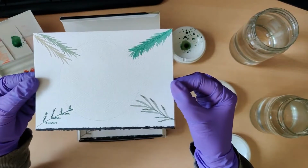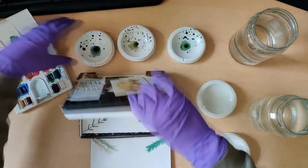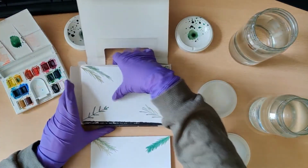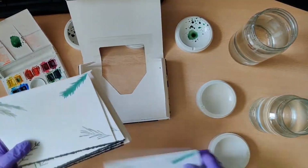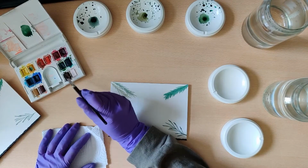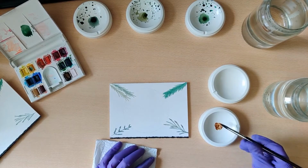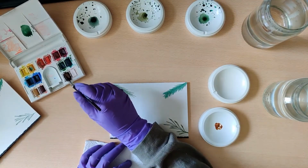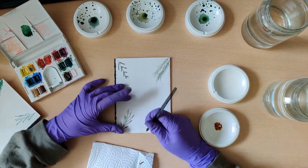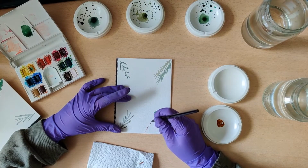So I've chosen a design with several different green types of branches and leaves, and right now we will be painting other details into these cards so that they're a bit more filled up. I'm going to be making some branches with the brown you see over here, and after that I'll be adding red berries to the branches to give it a little pop of color, and red and green are complementary colors,